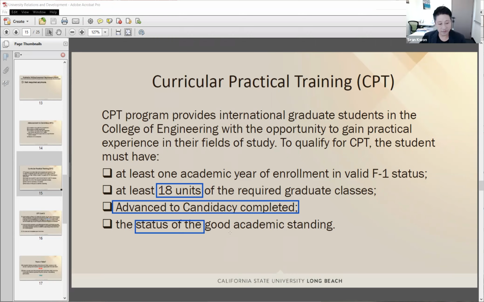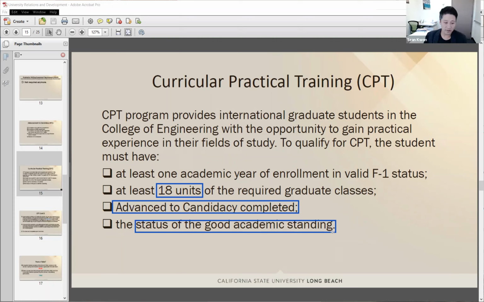Yeah, the status of good academic standing: you should not pause your master's program for 1 semester or 2 semesters, except for some medical leave or something. If you pause, that is, if you don't register for any class in 1 semester, this is a case of discontinuity of your MSEE program, and you need to reapply to the program in the next semester or in the semester when you resume your study in our MSEE program.